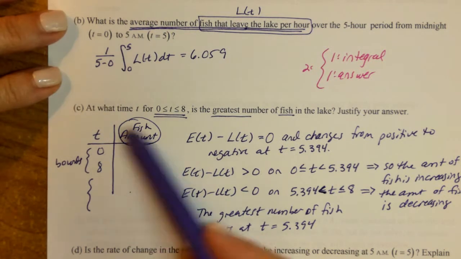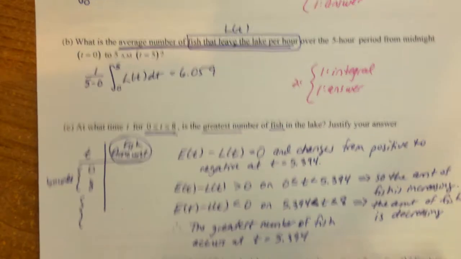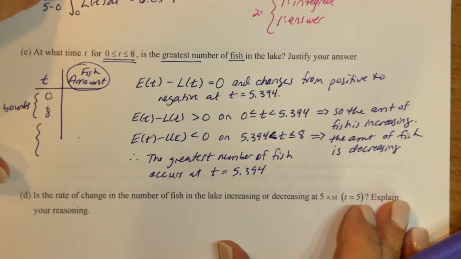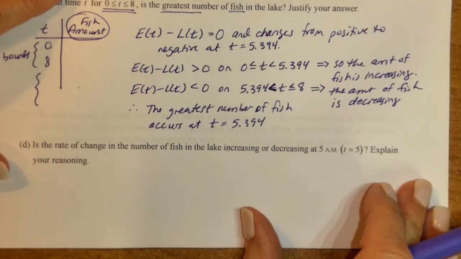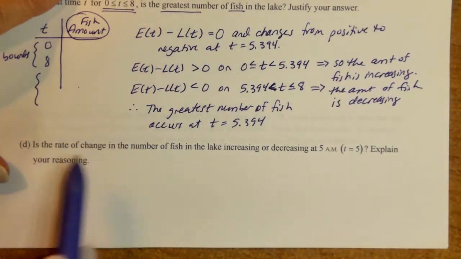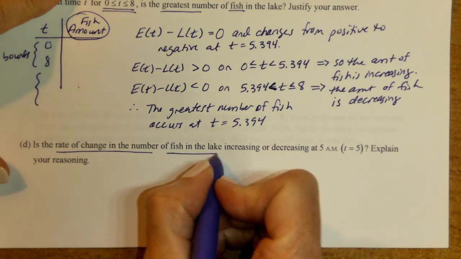So this will guide you. So go ahead and write it down anyway, even though we didn't end up finishing with it. I don't need to do anything with that. I'm just going to leave it there. It doesn't matter. Okay. Part D, is the rate of change in the number of fish in the lake increasing